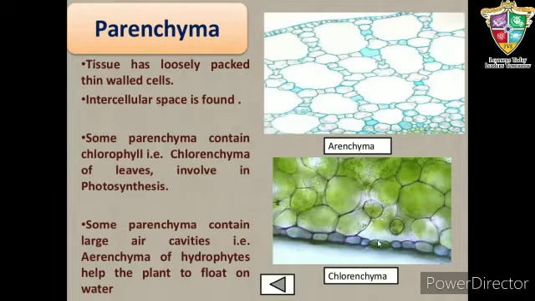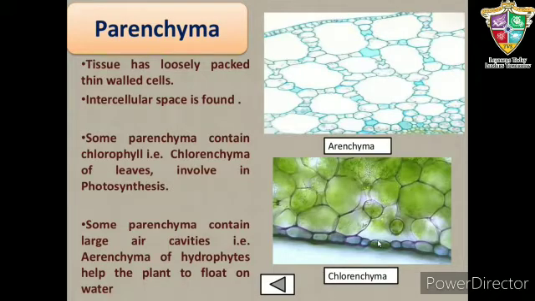Parenchyma is widely distributed in plant body in the stems, roots, leaves, flowers, and fruits. Parenchyma forms the basic packaging tissue of the plant. Parenchyma cells are living. The cells may be oval, round, cylindrical, or polygonal in shape. They have large intercellular spaces between them. The cell wall is thin, made up of cellulose. Each cell has dense peripheral cytoplasm with a prominent nucleus and a large central vacuole.